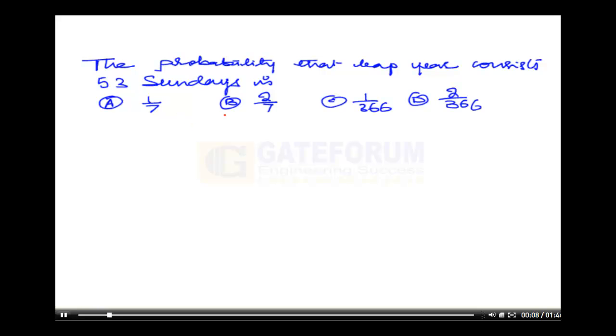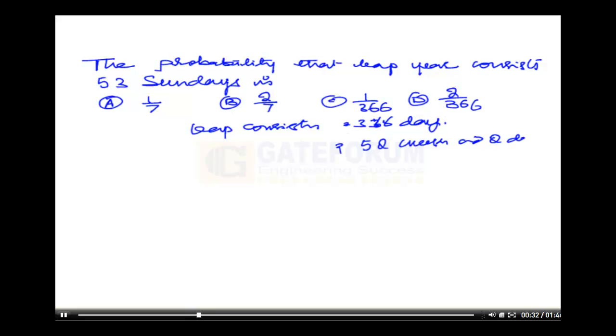To find the probability of getting a 53rd Sunday in a year. A normal year contains 365 days, whereas a leap year consists of 366 days. That means it consists of exactly 52 weeks and 2 days more. So these 2 days can be any 2 days in a week. That means it may be